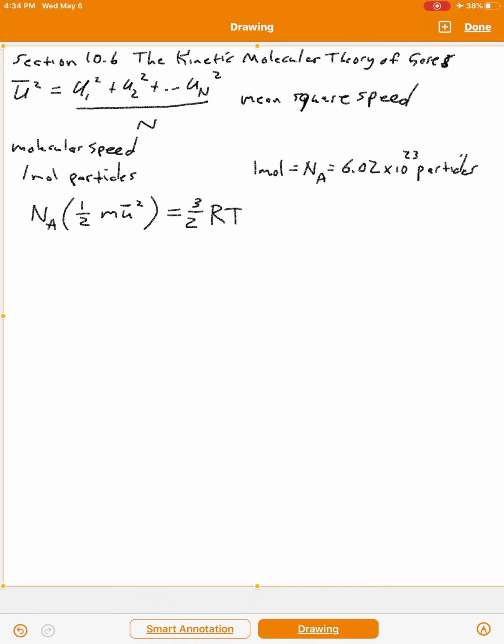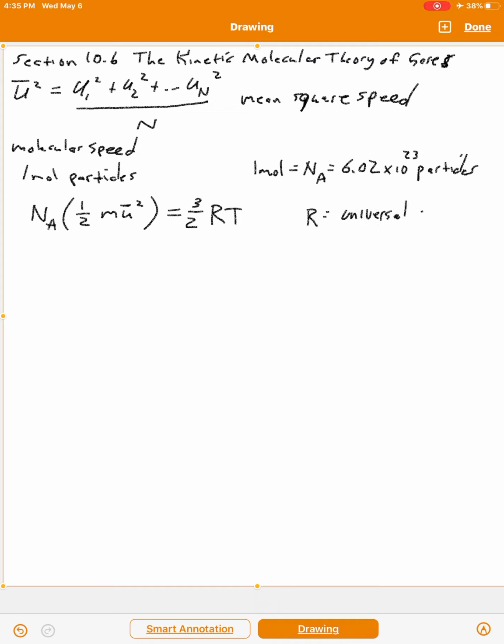What it says is the average kinetic energy of a mole of gas particles, 6.02 times 10 to the 23rd particles, could be oxygen molecules, could be helium atoms, gaseous particles. That average kinetic energy is equal to 3/2 times the universal gas constant R times the temperature T. Okay? Now, generally, when you do calculations using this equation,